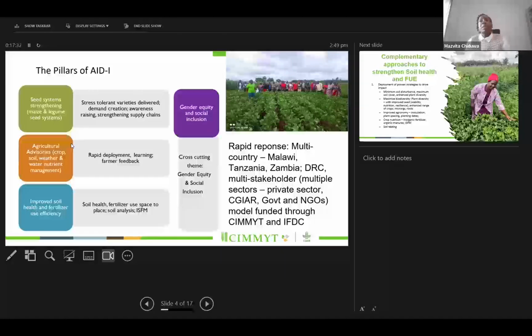So this rapid response was multi-country and multi-stakeholder, also looking at multiple sectors, because of course every one of the different partners brings their specific advantages. So we had partners from the private sector, partners from the CGIAR, including partners such as the Alliance of Bioversity and CIAT, CIMMYT, specifically the PABRA activity. We also had ICRISAT along. We had government departments as well as NGOs, so local NGOs as well